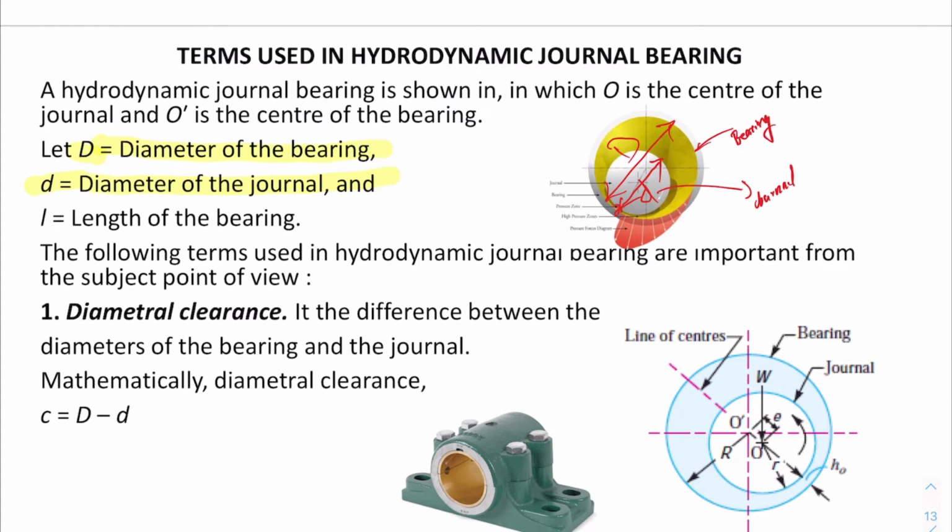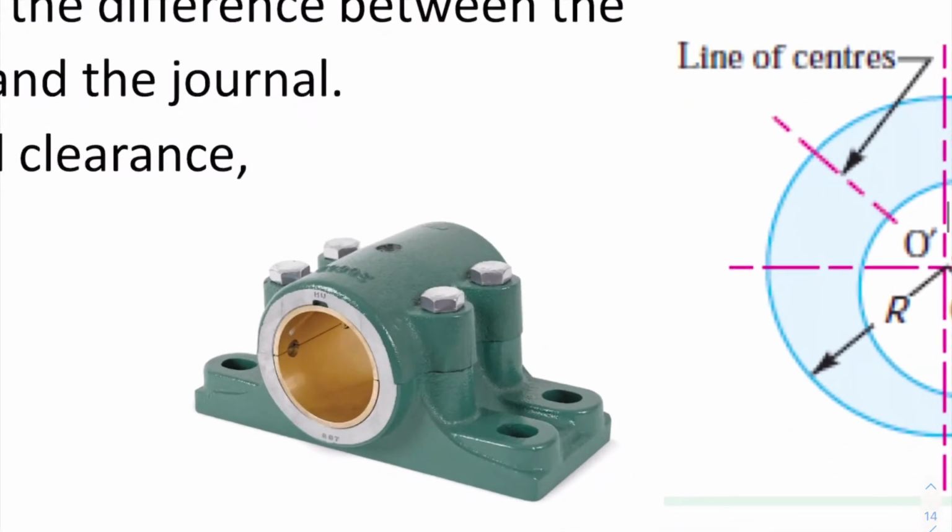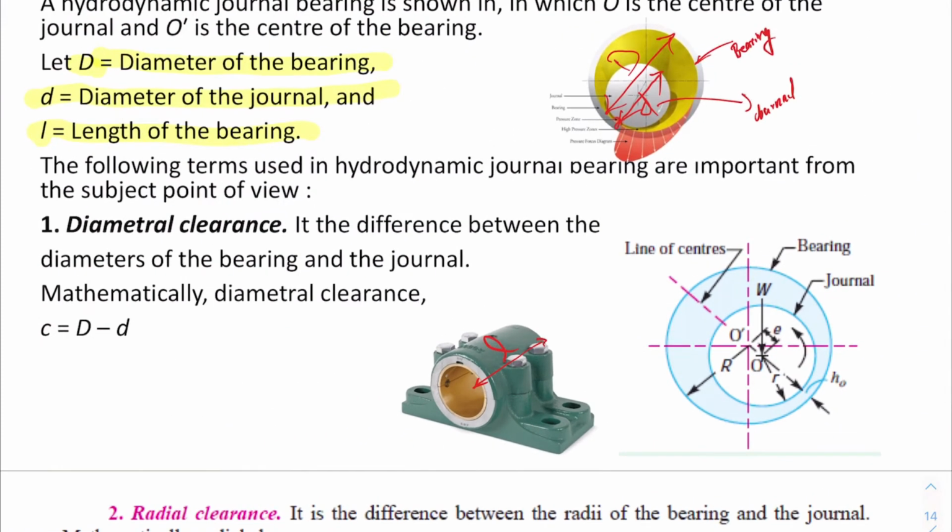And lastly, the length L. So these are the major dimensions. The length L means the length of the shaft within the bearing. Maybe I can use this picture to explain how you can find L. I can mark this on the picture. Your L will look like this, so this much. This will be the length of the bearing. These are the three major factors that you should consider, and then there are some ratios that we use to determine how a bearing should work or how it looks.